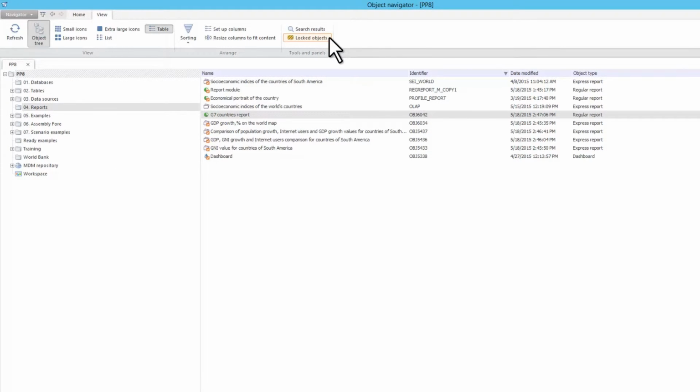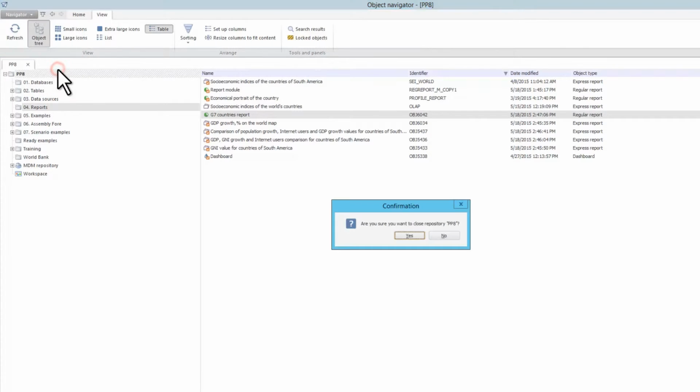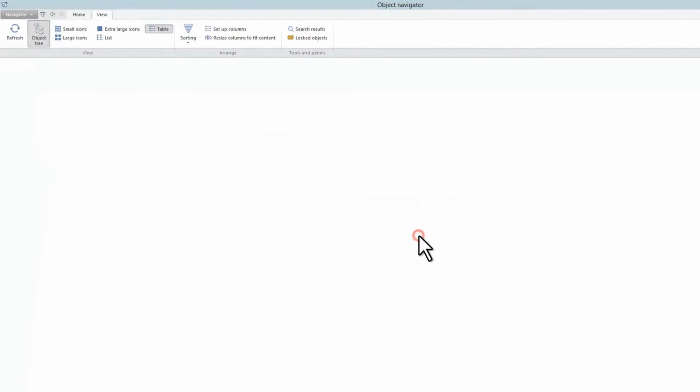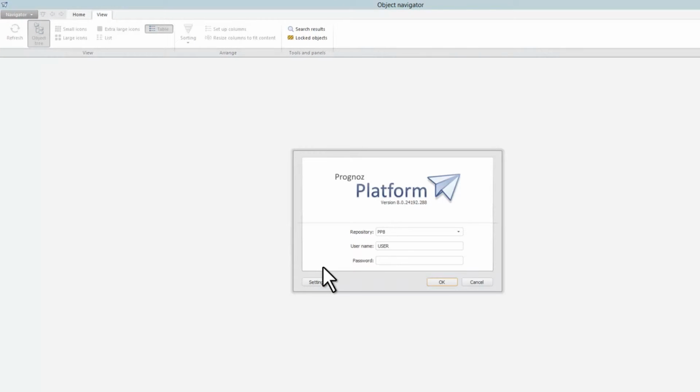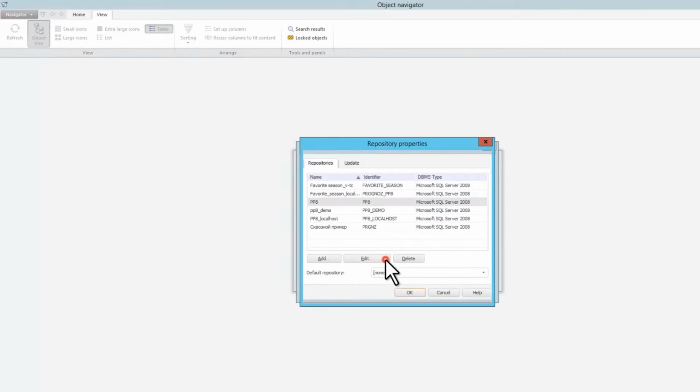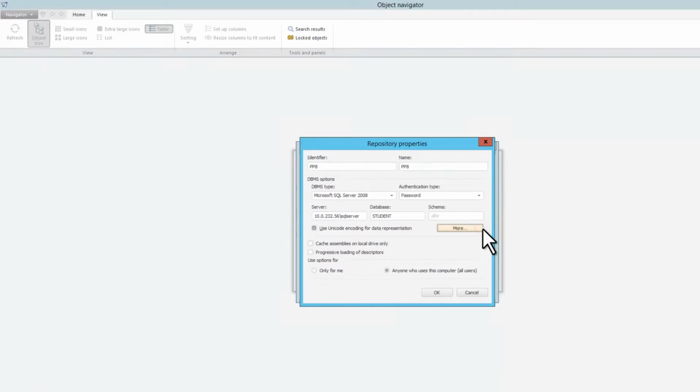In the Prognoz Platform, you can set a language in which object names will be displayed, given that the relevant setting is enabled and name translations are available. To change the display language, first close the current repository. Then in the Prognoz Platform Welcome window, edit the current schema parameters. The following repository language options are available. By default,